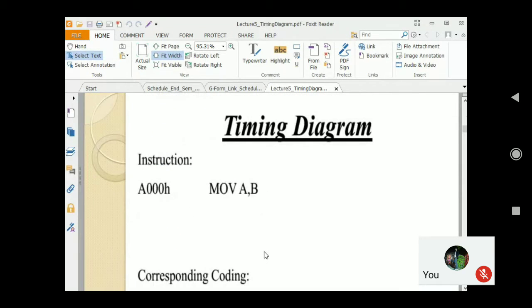So first, I will talk about a simple move operator, and this is nothing but moving some value. I'm moving some value from the B register to the accumulator. A means accumulator, and this is the address of this operator, the address where you are going to generate this instruction. All instructions need some address. If I don't have that particular address, I will not be able to generate or carry out my instruction.